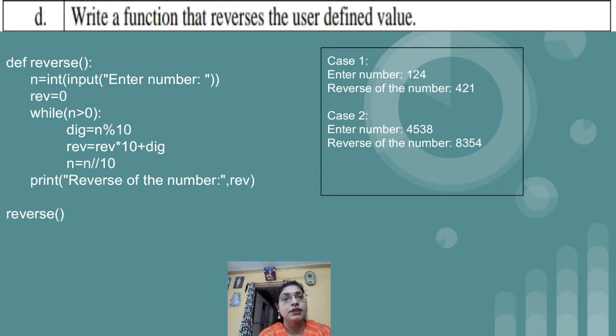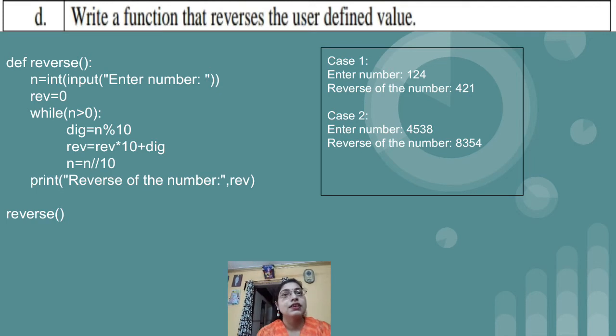But with a while loop, if you enter a 3 digit number it works, and also for a 4 digit or 5 digit number. So this is the proper program which works for any number of digits.